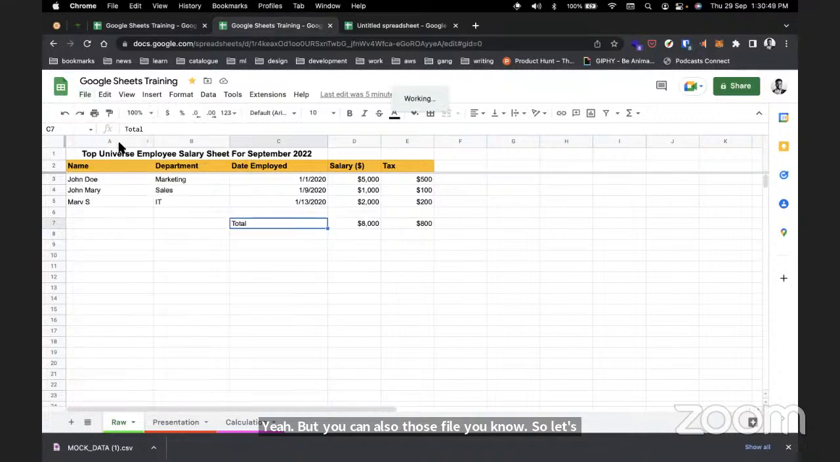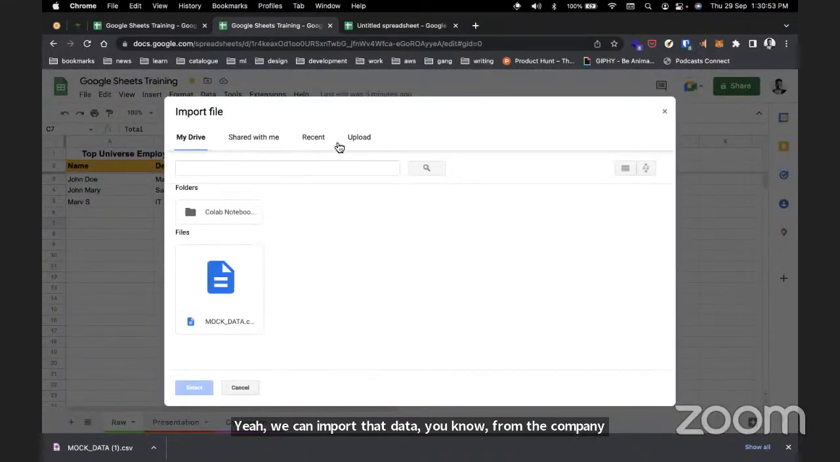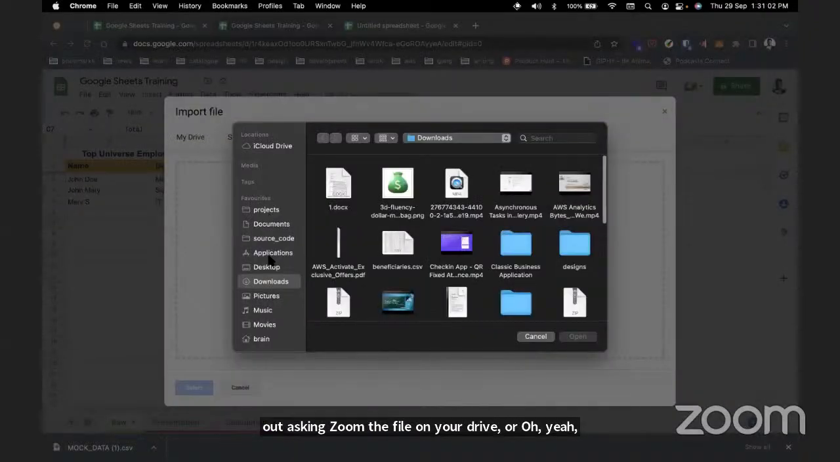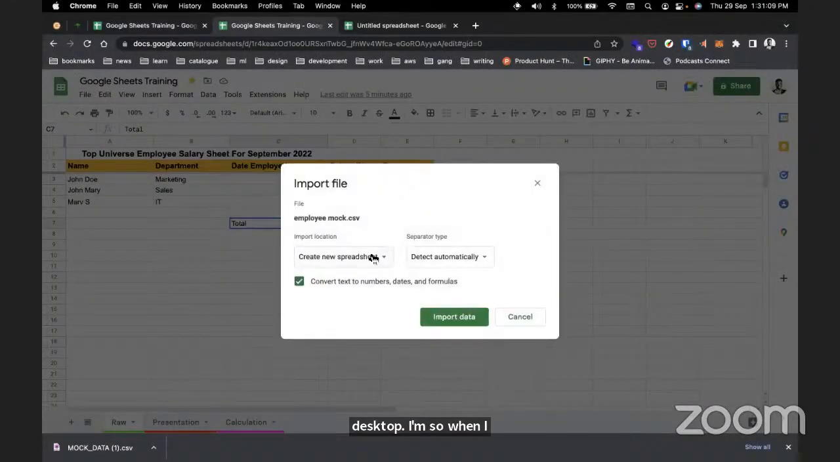We can import that data from the computer. It's going to show you a dialog or a modal asking you to import the file on your drive. I'm simply going to upload, right? So I'm going to select this item, go over to the desktop, employee mock. When I select that, it's going to upload that specific file,